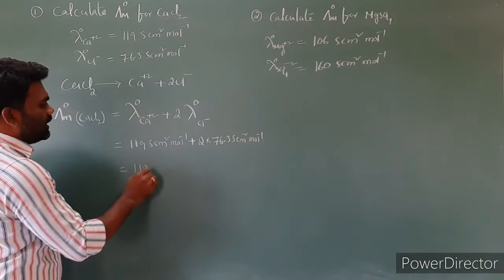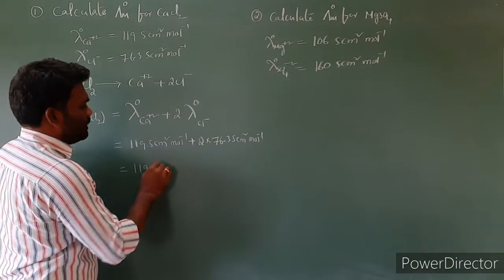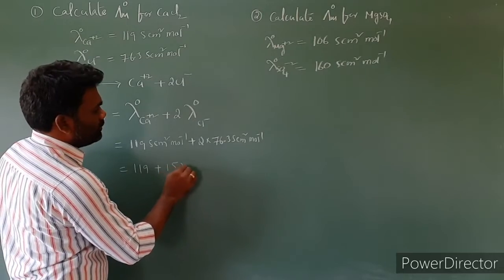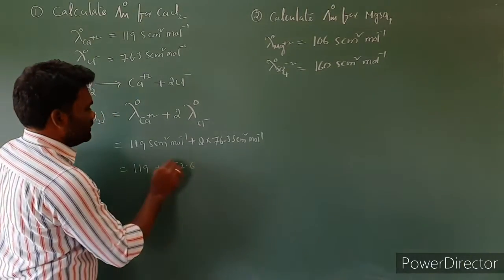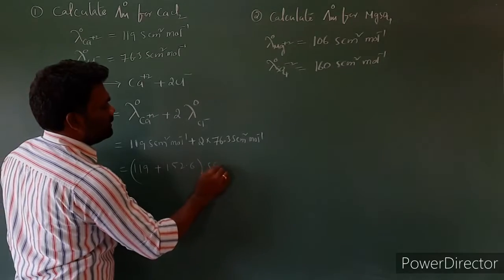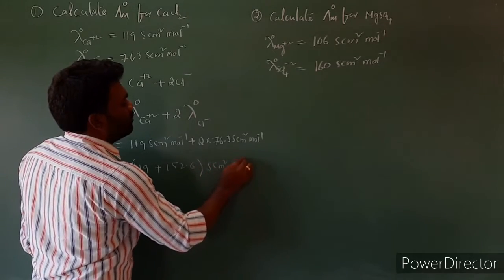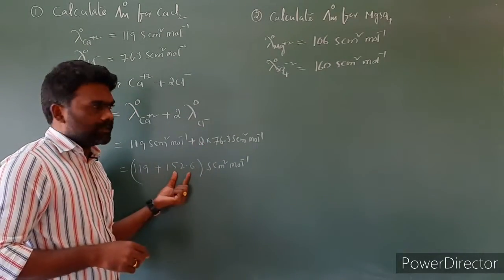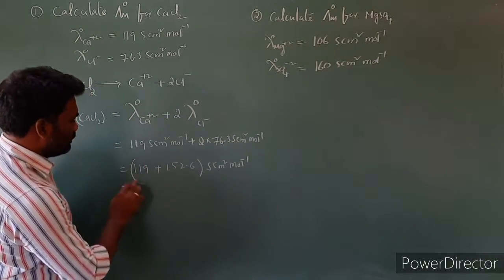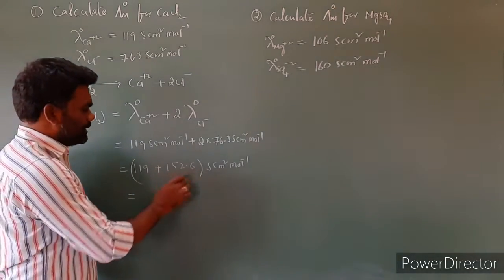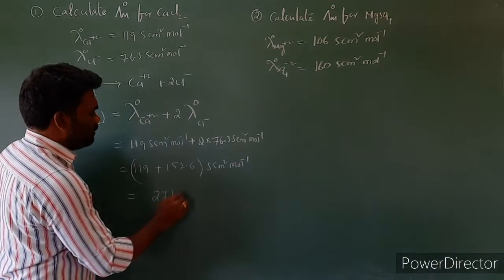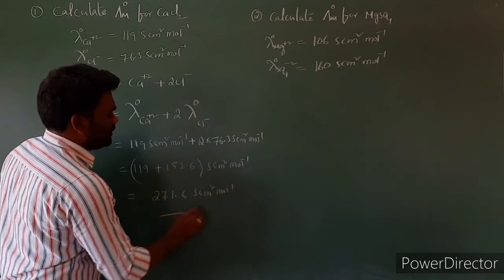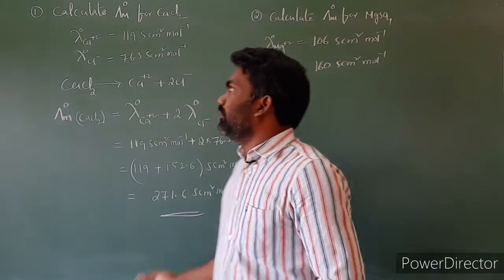Then 119 plus 2 into 76.3. 2 into 76.3 is 152.6 Siemens centimeter square mole inverse. Then upon simplification, 119 plus 152.6 we get 271.6 Siemens centimeter square mole inverse. So this is the limiting molar conductivity of